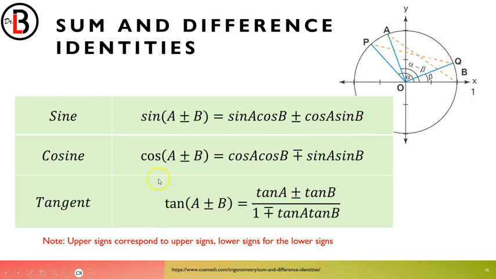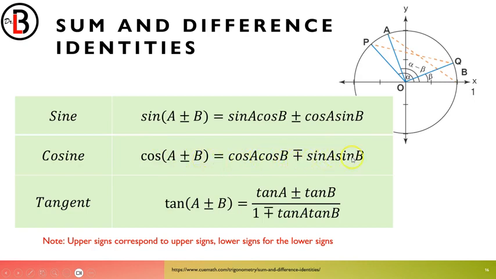You will be noticing in here that there are two sets of signs. Please take note that the upper signs correspond to the upper signs as well, and the lower signs for the lower signs, meaning cosine of A plus B is going to be cosine of A cosine of B minus sine A sine B, whereas if it's cosine of A minus B, it's going to be cos A cos B plus